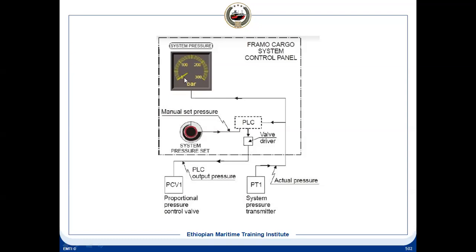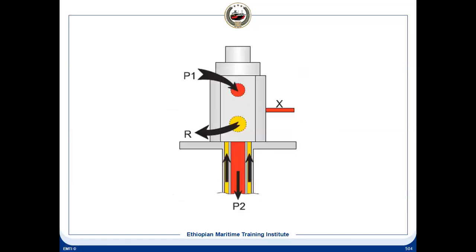And this is the system pressure. This sensor is sensing that, and this is the measured value, and this is the desired value, and this is the error, and accordingly the pressure will be adjusted for the system. And this is the pressure transmitter, which is measuring the pressure and sending it here. So this is the control you have, because with the PLC we can have precise control. It means we can maintain the pressure exactly. And this is the STC valve I was talking about. It will have a pressure connection and a return line, and this is going to the hydraulic motor which is driving the pump.